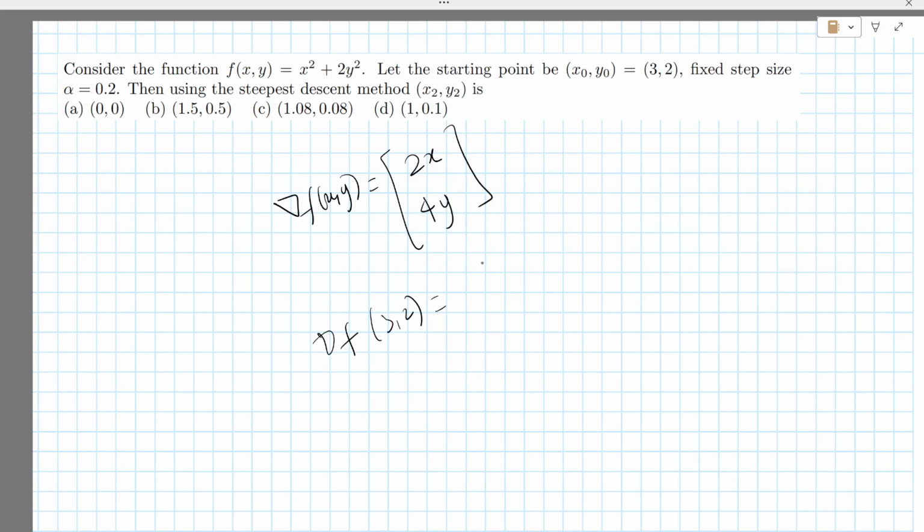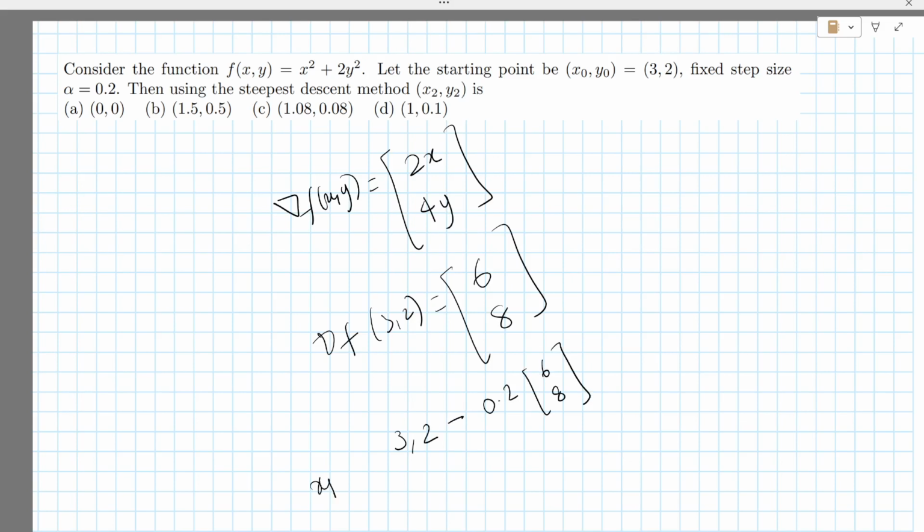Delta f(x) is 6 and 8, so then we have to do a minus of that. The point is (3, 2) minus 6 into 0.2, that is 1.2. So 3 minus 1.2